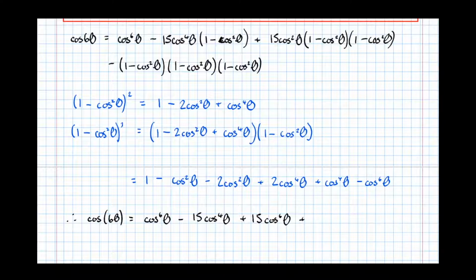So times 15 cos squared theta by that, we get 15 cos squared theta, take 30 cos to the 4 theta, and then plus 15 cos to the power of 6 theta,